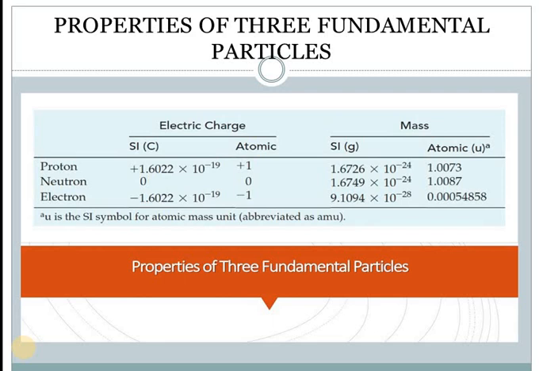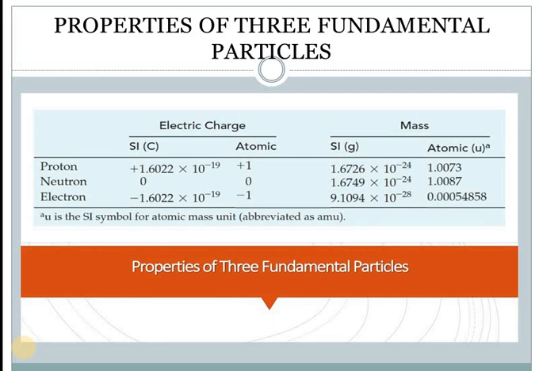While that of the electron, the Coulomb's charge would be exactly the same as that of the proton, only the difference would be that of positive and negative. Positive indicates that it is for a proton and negative indicates that we are talking about the electron. So proton and electron have the same charge, only the difference is of plus and minus. While neutrons do not have any charge, so it is 0.